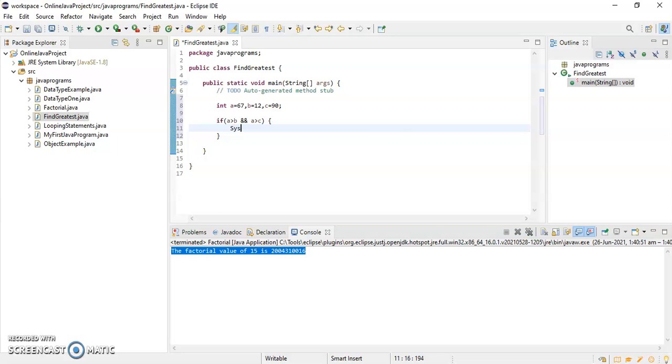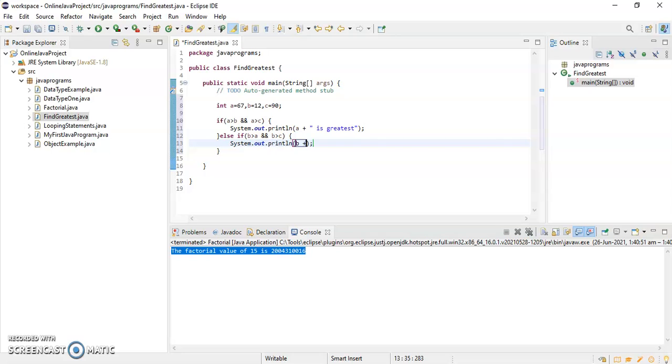Then I can say System.out.println("a is greatest"). And as we know, we have to use the plus symbol, the concatenation operator. So "a is greatest". I'll write else if b greater than a and b greater than c, then I'll write